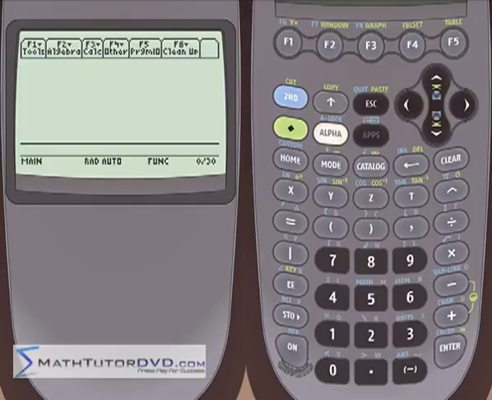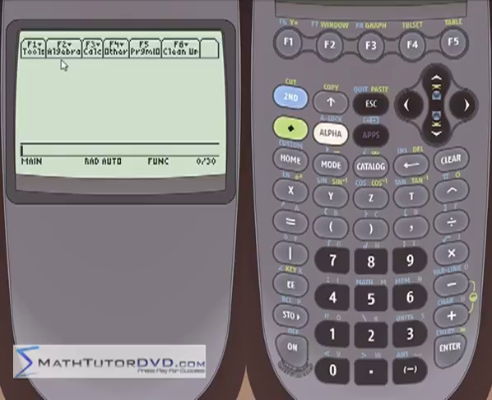Today we're going to explore some more of the algebra capabilities of the TI-89 calculator, which are really impressive. In this section we're going to learn how to add and subtract rational expressions, and we're also going to talk a bit about what we call partial fractions expansion. Both of these topics are related to one another, and if you've ever done them for an algebra class or a calculus class or as part of another problem, you'll know that they can sometimes take a lot of work. So the fact that the calculator can do this is really